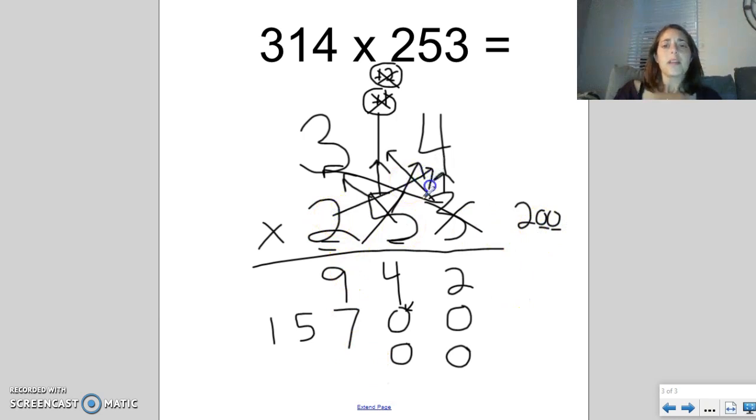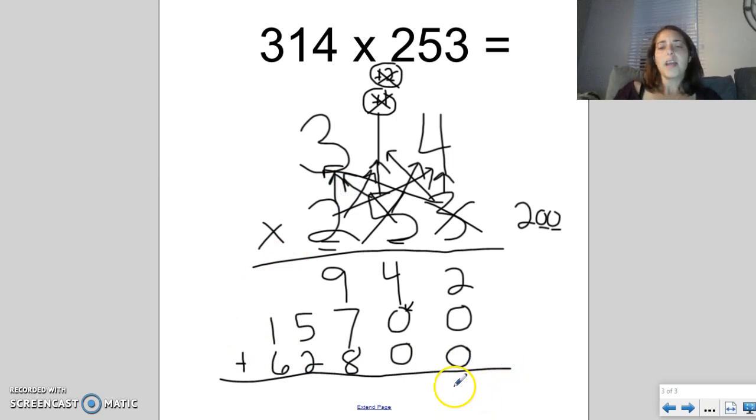So now we're going to go back here. 2 times 4 is 8. 2 times 1 is 2. And 2 times 3 is 6. Every digit is lined up brilliantly. And now I'm going to add them all up. We got 2 in that column. We have 4 in this column. 9 plus 7 is 16. Plus 8 is 24. Carry my 2. 2 plus 5 is 7. Plus 2 is 9. 1 plus 6 is 7. And we get